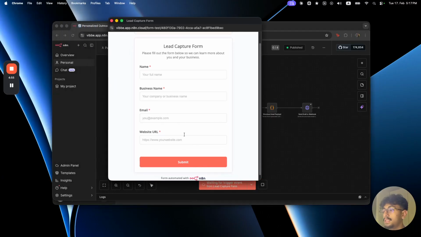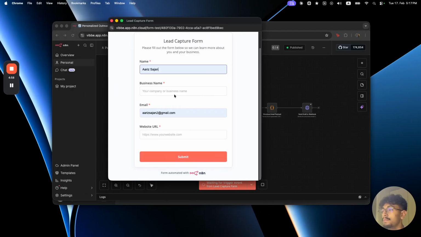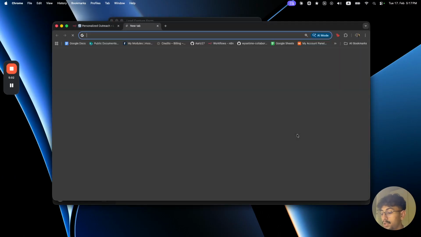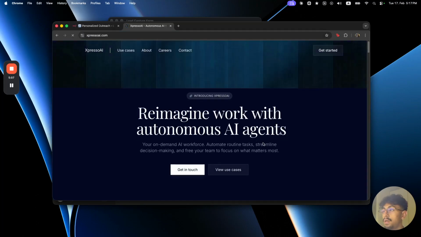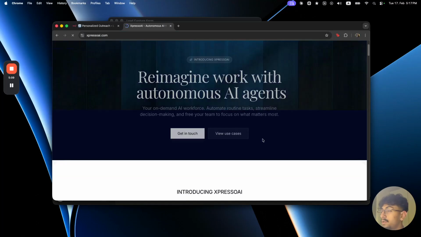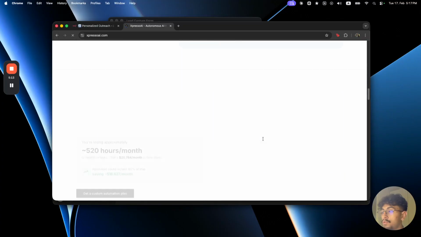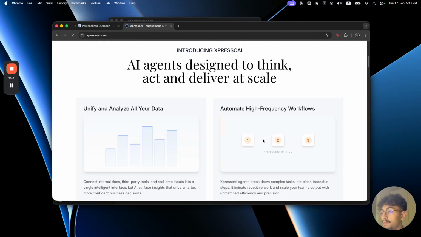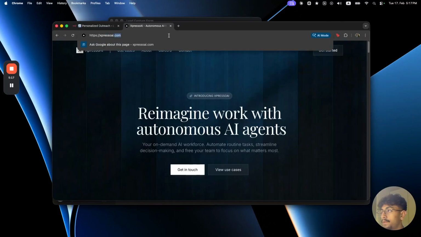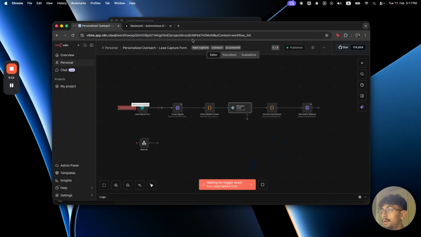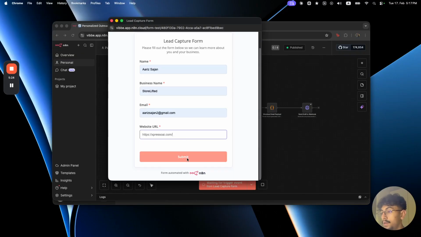Let's look at what the form looks like. So as you can see, it's built a form. I'll do this, and I'll just use my actual website, which is this one, just so we can test how well it goes. So I don't know if you guys want to look at the information on the website, but I whipped this up really quickly just for the purposes of demonstrating this concept. So for example, if I grab this link and I go ahead and I put it here and I press